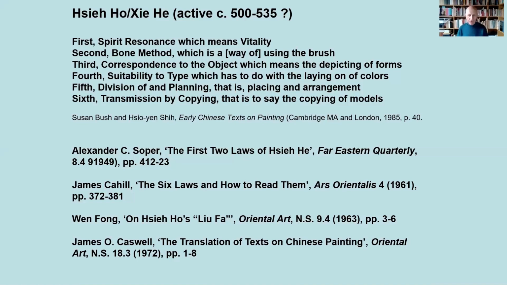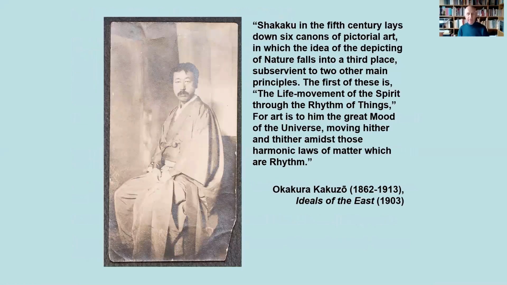Now, the first translation of the 6 laws into any foreign language was done into German in 1897, but this remained buried in the decent obscurity of a scholarly Orientalist pamphlet. The first English version, seized upon by Lawrence Binyon in 1904 as the key to understanding Chinese painting, appeared in the writings of the transnational Japanese cultural star Okakura Kakuzo, and was published in his 1903 volume, written in English, Ideals of the East. In a much cited passage, Okakura has this to say: